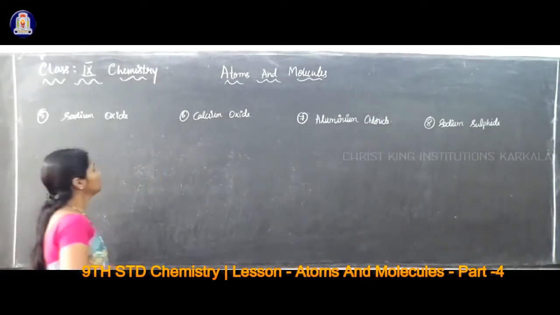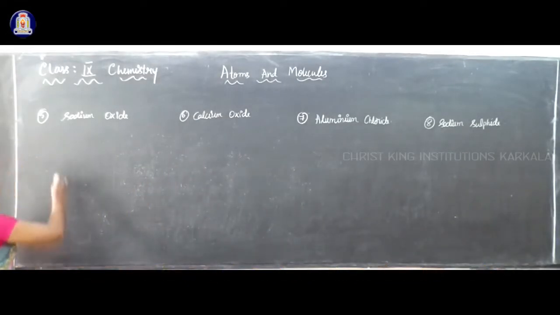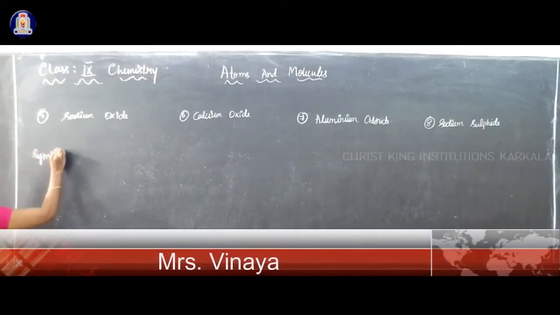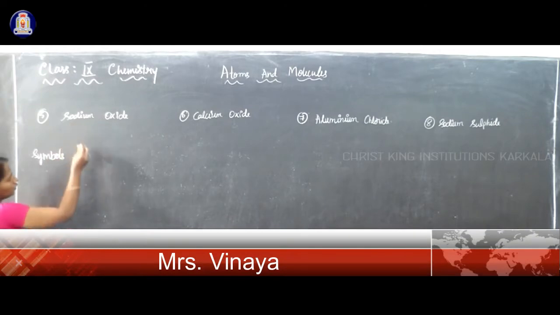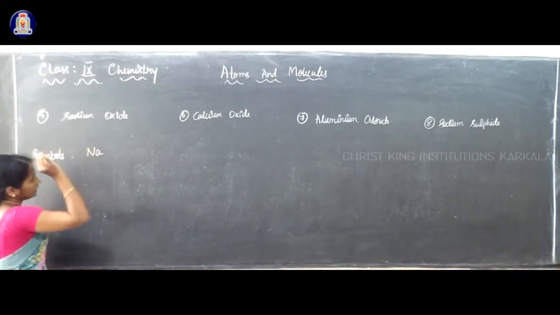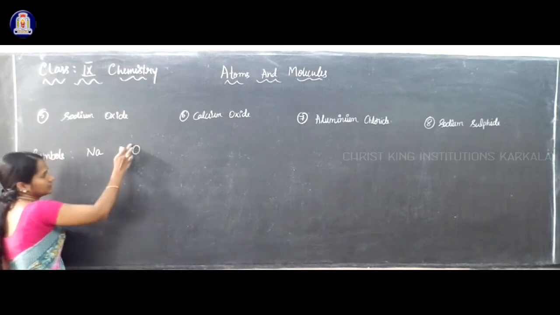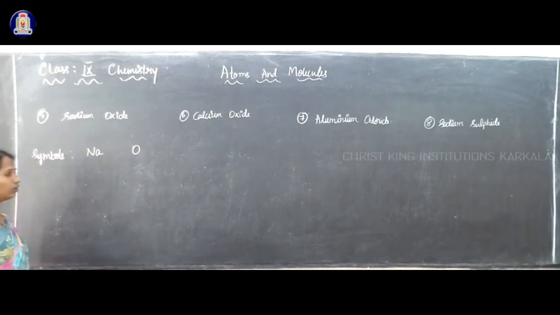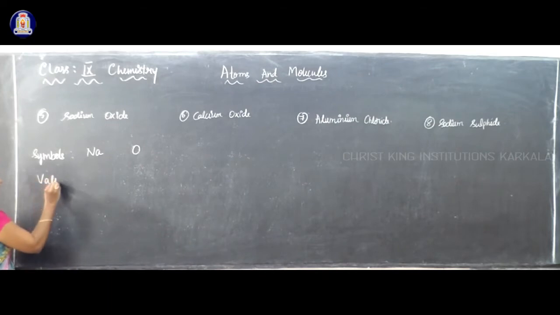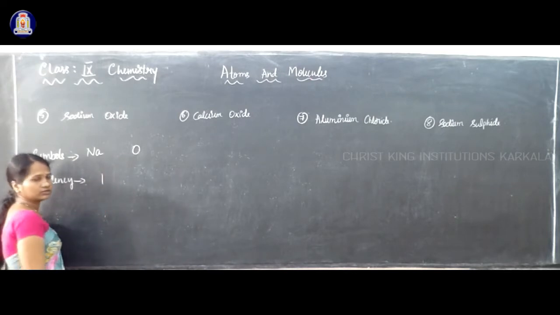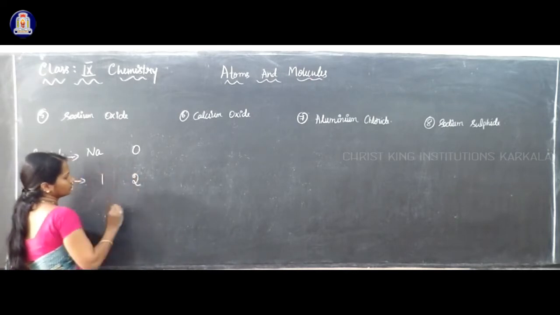To the next one, sodium oxide. The symbols or the formula of the elements present here: one is sodium, which can be represented as Na. One more is oxide, this is oxygen, which can be represented as O. Now valency